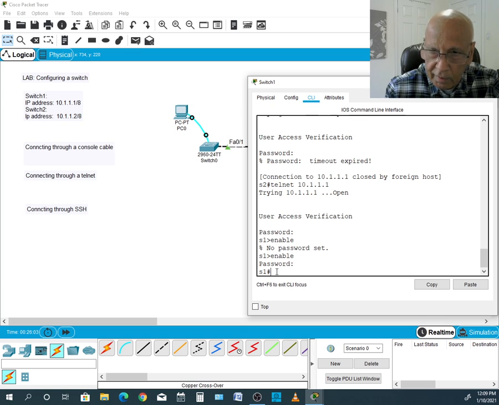Now in Unix, Linux, Cisco, when you are typing a password, be very careful, because the system is not showing you any asterisks. Whatever you're doing, be very, very careful. And now I am on that computer. So basically, I want to see what is in that computer. So you can say, show